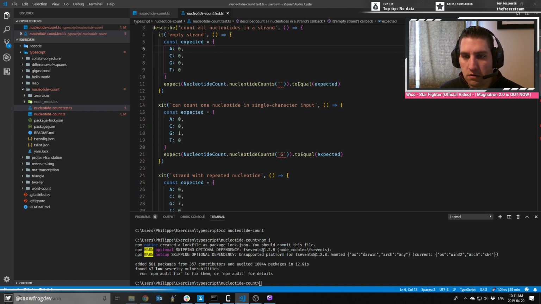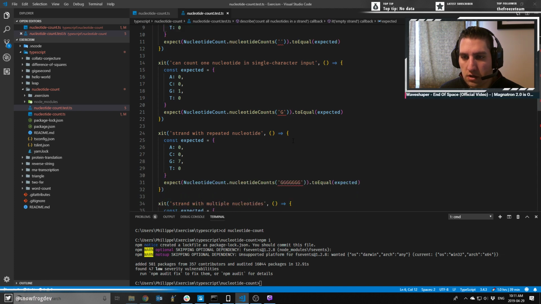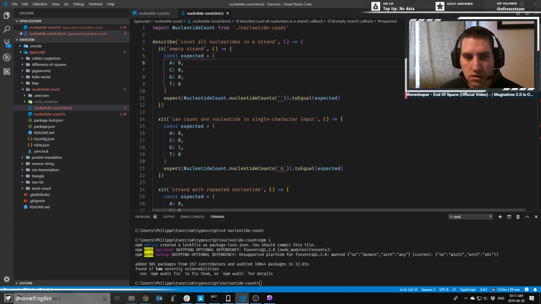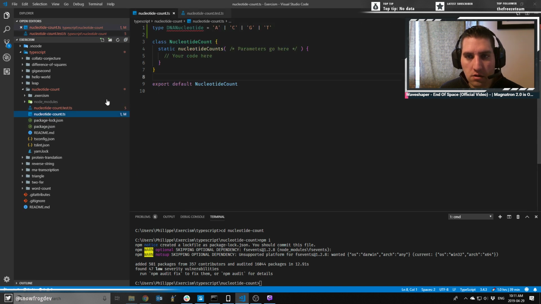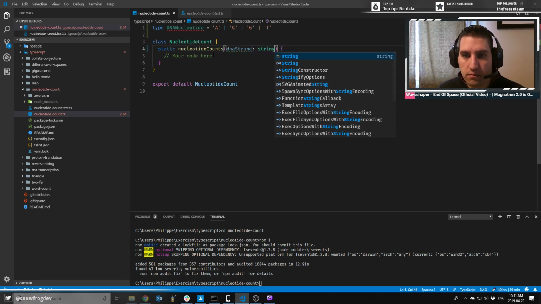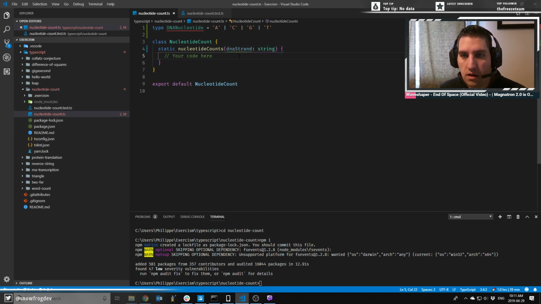It's calling the nucleotide counts function with a string. Yes, okay. So let's make that DNA strand a string. And we need to return